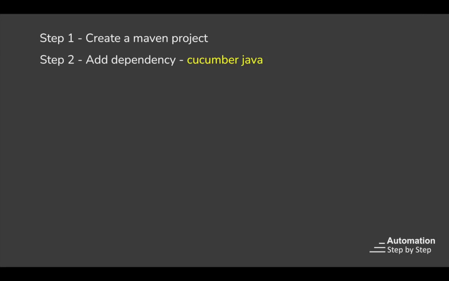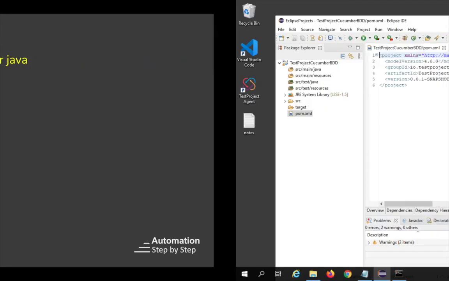Now I will show you how to add for test project, but for now let us add a Cucumber Java dependency. Now in case you already have a Cucumber Java project, you may skip the earlier few steps and start when I create and add a test project dependency. But for the complete beginners, let me show you this step as well. So here